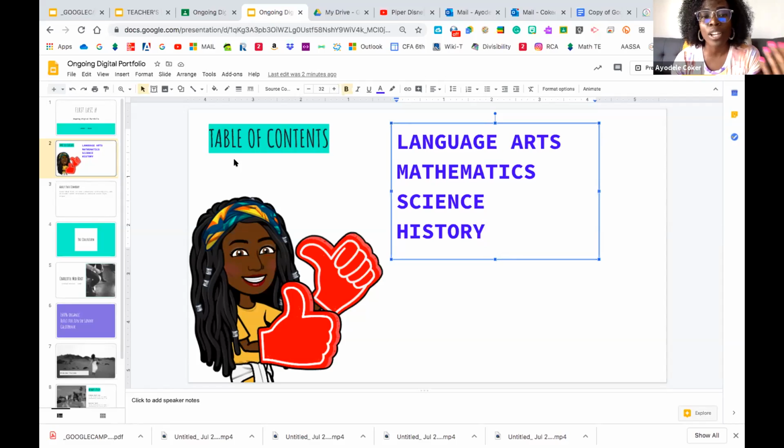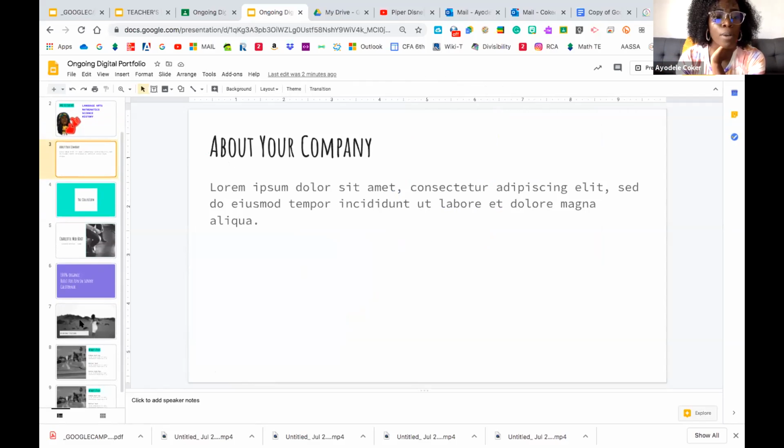Now, if you have younger kids or kids that maybe don't have the digital skills yet, then maybe you want to make your template a little more in depth. So the way I'm teaching the session is a little more in depth instead of just leaving it blank and teaching the kids how to go about it. The choice is totally up to you. For 5th grade and on, I wouldn't keep it very detailed. I would just leave it plain and use those moments to teach them formatting styles. Okay, so that's that. The second page is going to be their All About Me.